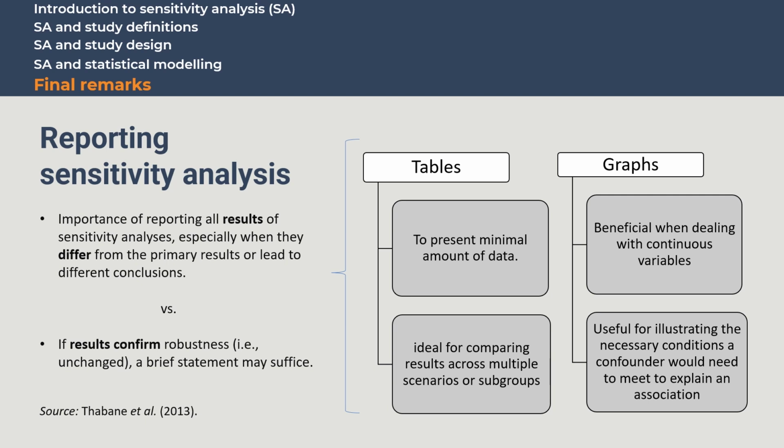For example, using tables allows readers to precisely see how varying assumptions influence the reported association. This is particularly useful for direct comparisons across different subpopulations or assumptions. On the other hand, graphical presentations are invaluable when dealing with continuous variables or when illustrating the impact of potential